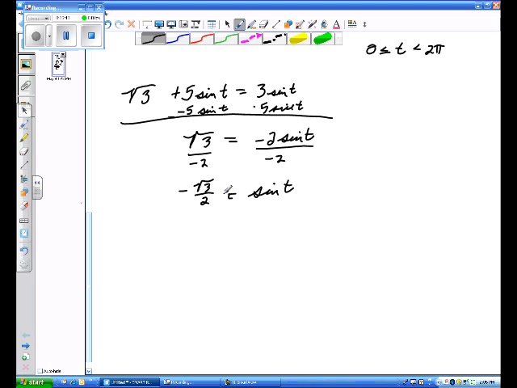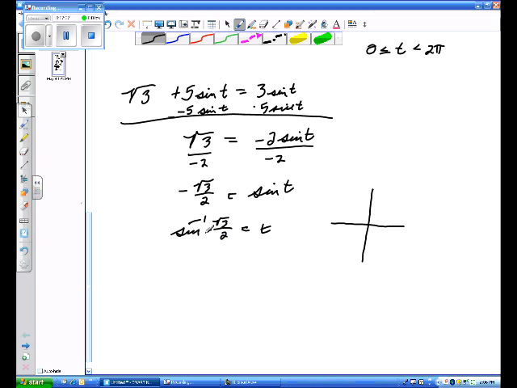When we've done this before, we've actually written this as the inverse sine of square root of 3 over 2 equals t. That's our way of writing this, but most of the time we can just say, what angle has a sine of square root of 3 over 2? Well, we know that's 60 degrees, which is pi over 3 in radians. Now, we figure out our reference angle first, then we figure out our quadrants. So we know that the sine of 60, or pi over 3, is the square root of 3 over 2,